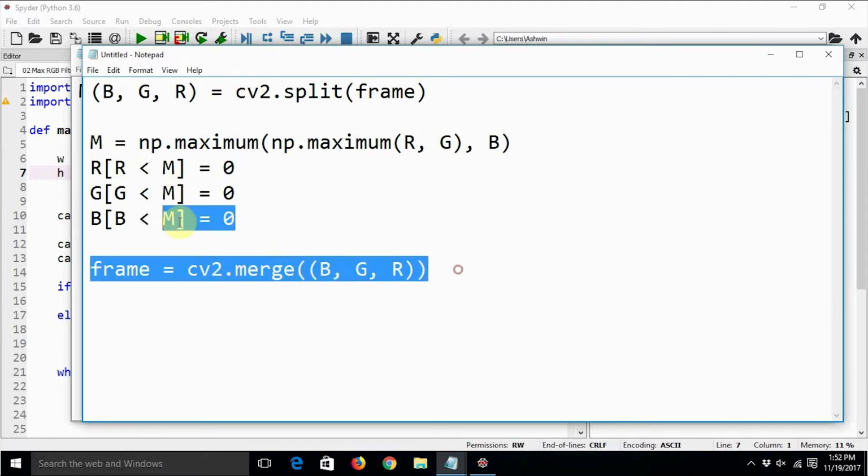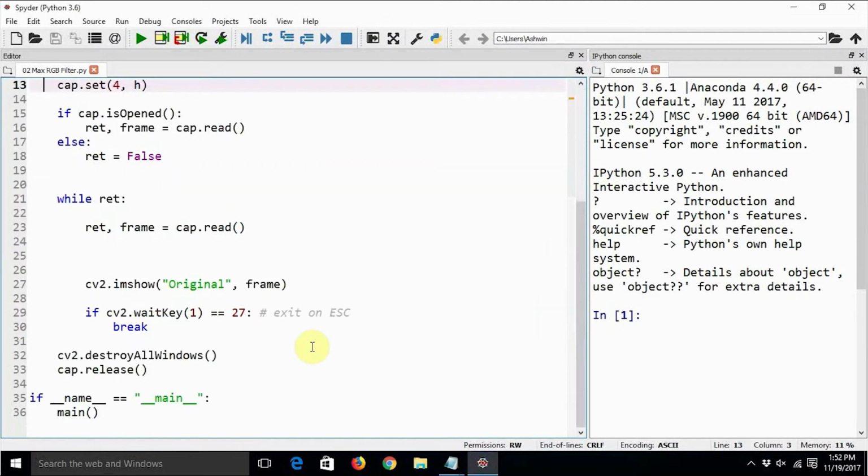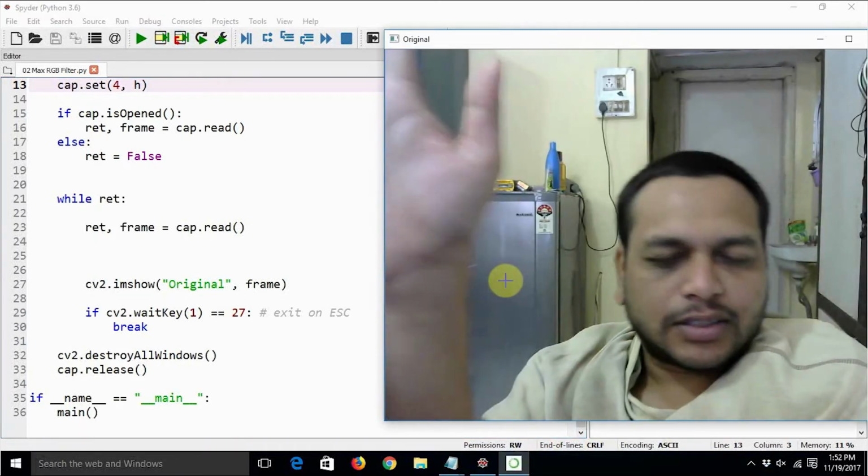Let us copy this into the code that we already have. This code is nothing but the template which displays the live feed from the webcam. Let us execute this once before we make modifications to see whether it is working correctly. This is the output. This is me.